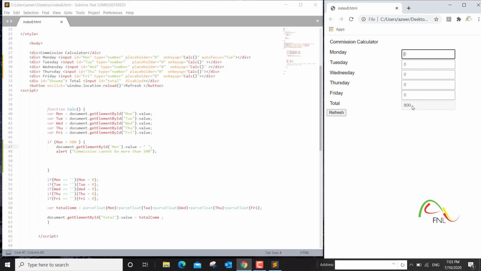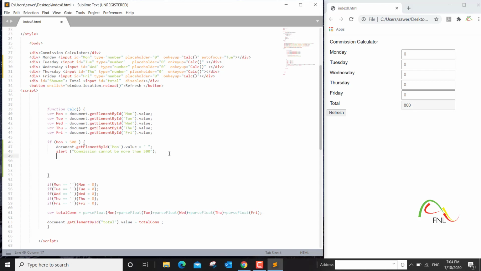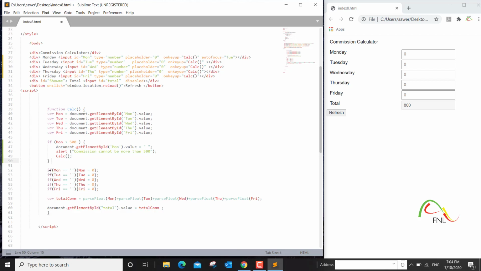We want to change the value of total again. So there are several ways that you can do it, but for learning purposes, I think the easiest way is to run this function from within the function. I'll say calc, and I will put a semicolon, and then we want the script to continue further down.